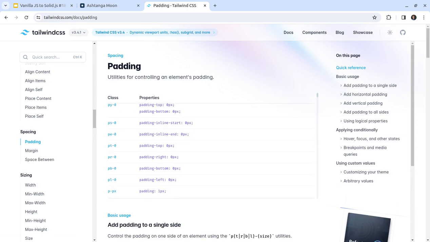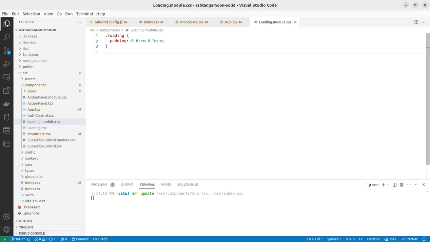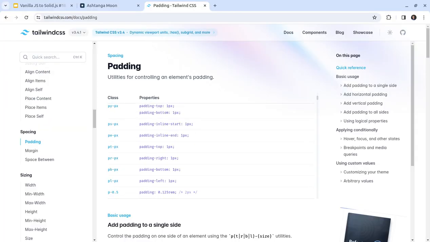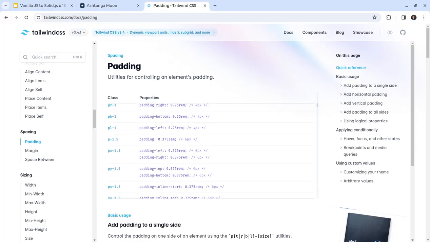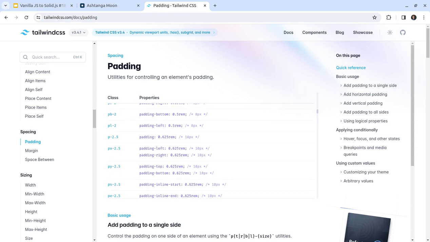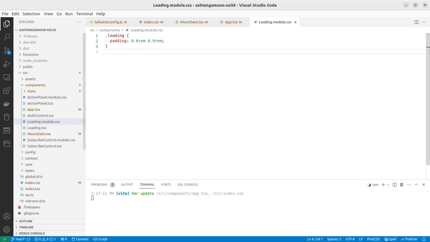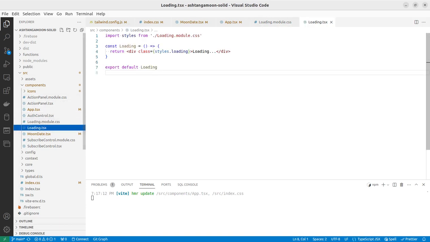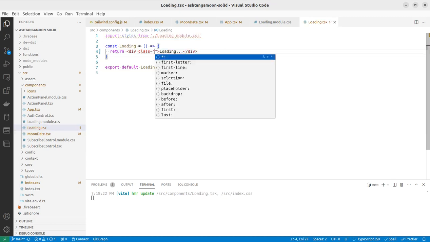Padding should be 0.6 rem. Let's find something similar. 0.625 should be fine for us. Can use 2.5 for 0.6. So loading component, we can remove this styling from here and just set